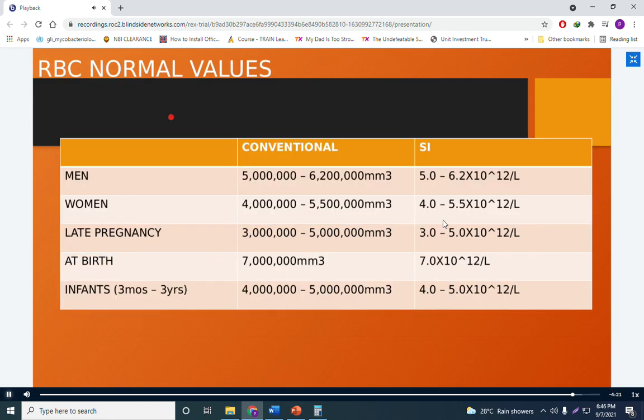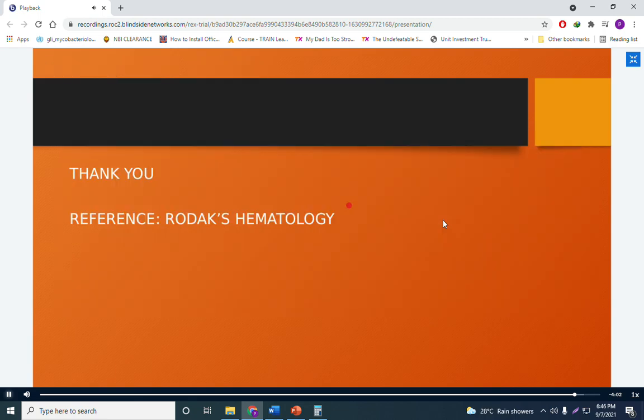Then you have your normal RBC values. So women, so 5 to 6.2 kapag men, women 4 to 5.5, late pregnancy 3 to 5, at birth 7, infant 3 months to 3 years old. So that ends our discussion